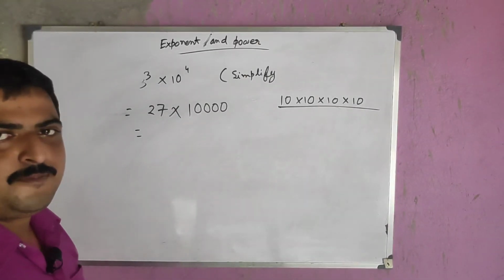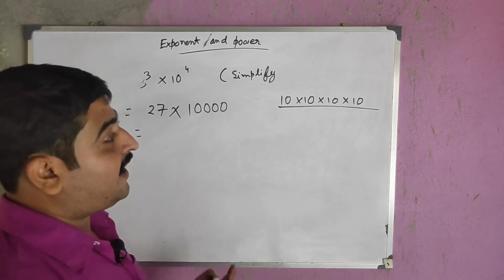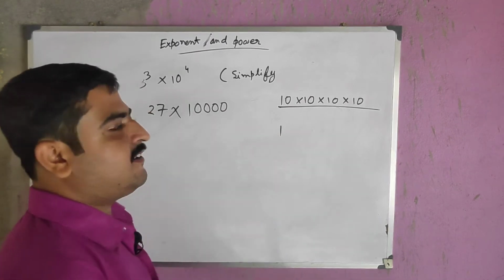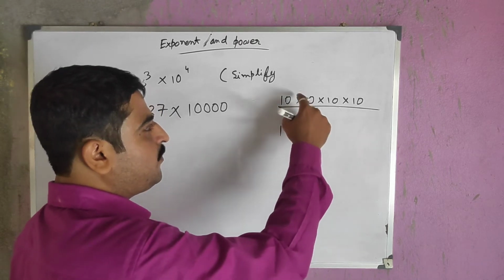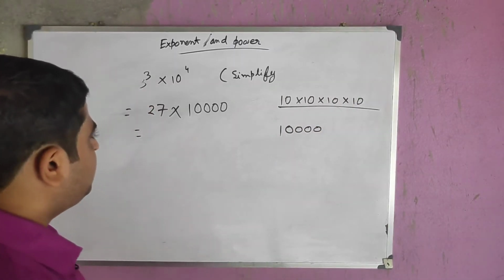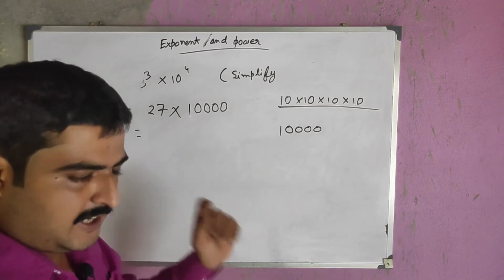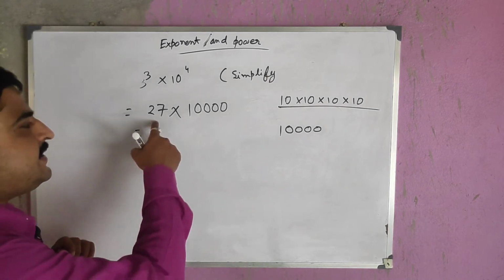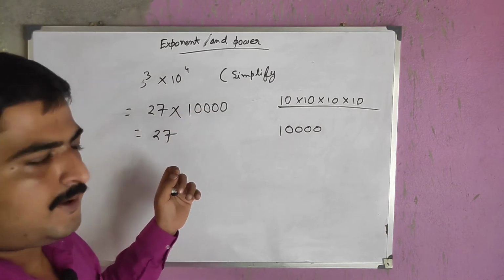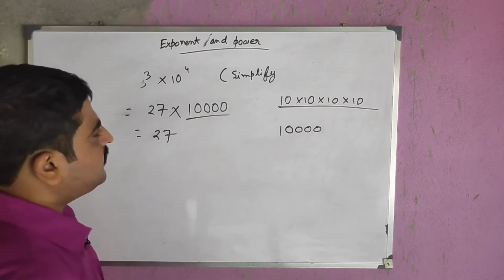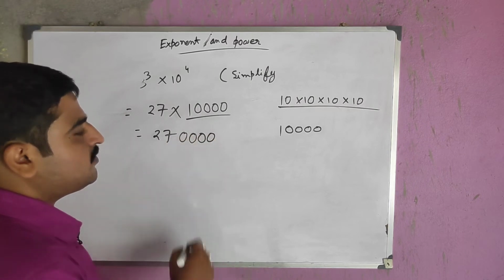Whenever you are multiplying 10 with 10 with 10, the multiplication is very easy. How? Just put 1, then count how many 0s there are and put them beside that. So here 1 2 3 4 zeros are there, so put that. And when you are going to multiply a power of ten or a ten number with any number, write that number first. Then however many 0s that power of 10 has, put those 0s. Here it has 4 zeros, so you put 4 zeros. It will become very easy.